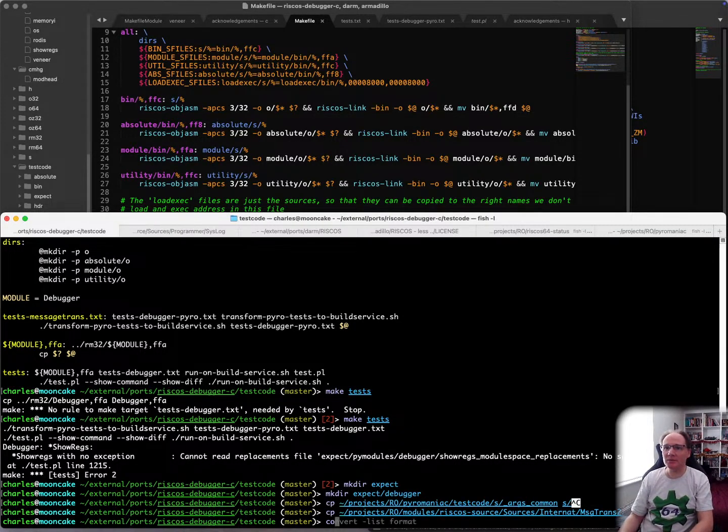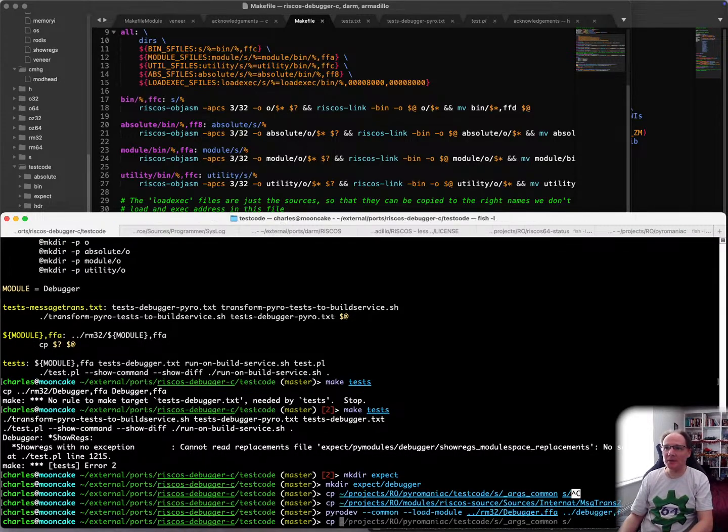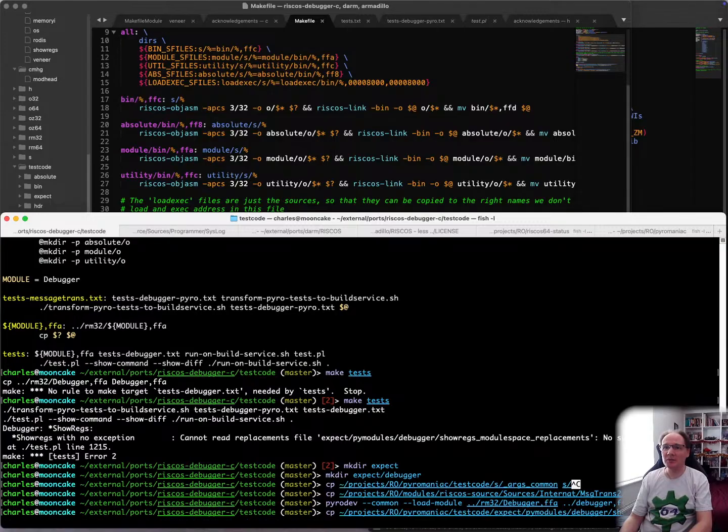Oh no, it was cp from there. So I was trying to copy it from Pyromaniac. I want to copy expect/pymodules debugger show regs mod. You know what, I probably want to copy all of those files into expect debugger,